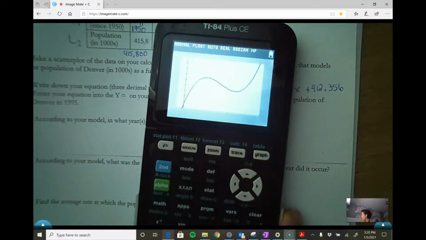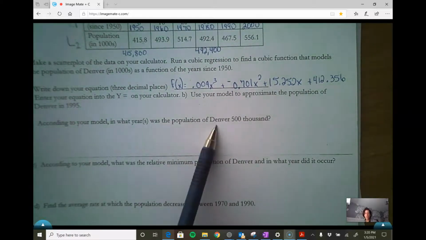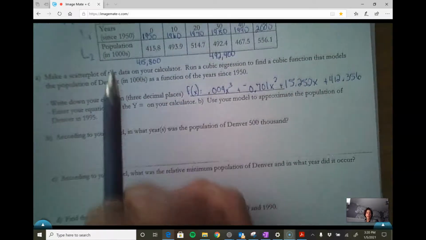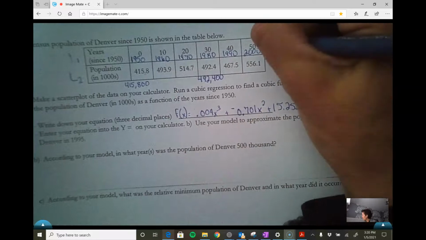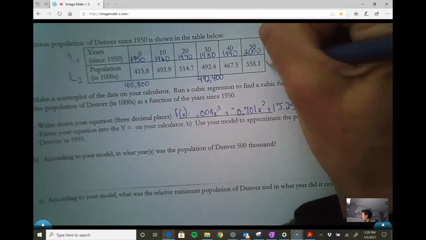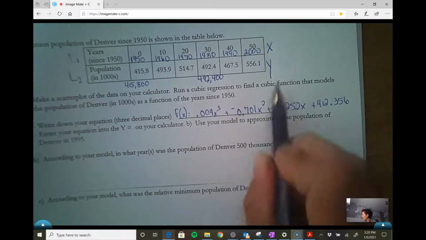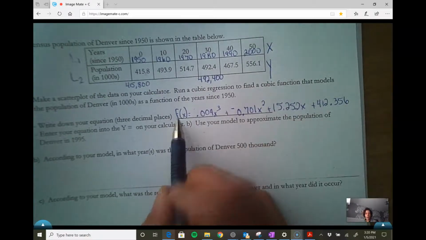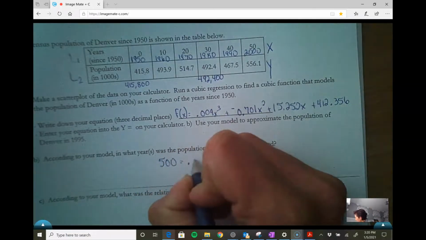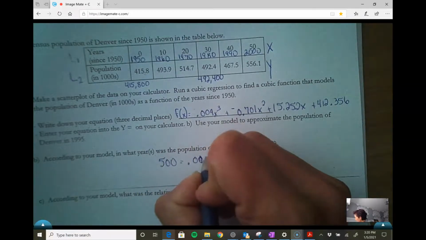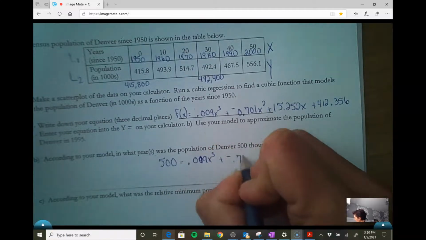questions. So according to your model, in what years was the population 5,000? So remember, all of the x values here, that's your years, and the population is your y. So since the population is 5,000, I'll be putting 5,000 in for y, or in for f of x. So the way I would do this, if I was writing this, which I really don't want to write all over again, I'll just write some of it,